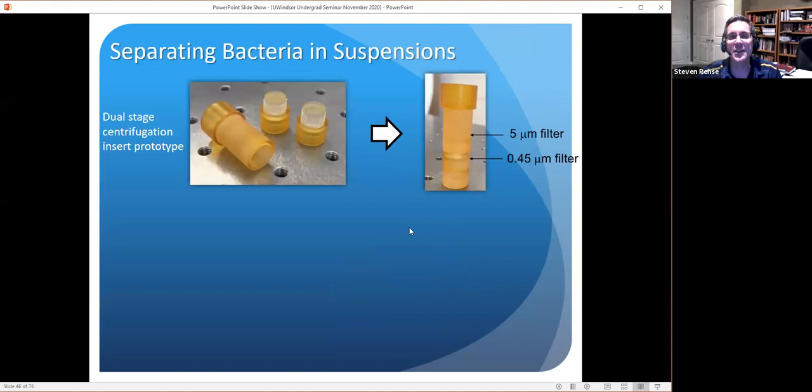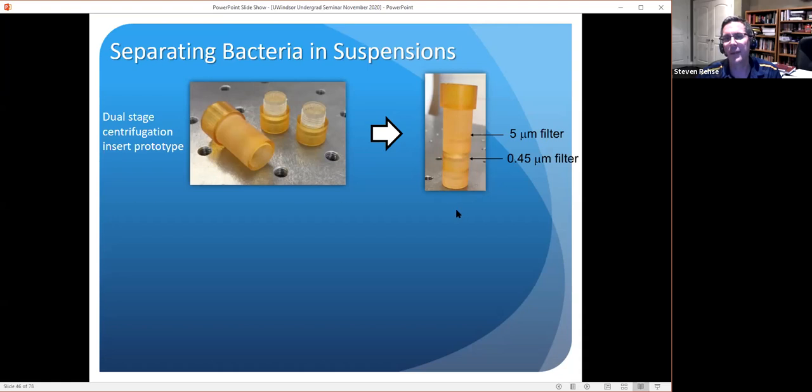We came up with another idea that we're trying to start doing blood studies, which is if we built this thing. So again, this is the first graduate student's idea. This is brilliant. If one piece can screw into it, why not have a second piece which screws into that? And then we put 2 filters of different sizes in there. This is a 5 micron pore size filter. This is a 0.45 micron pore size filter. So we put a bunch of stuff up top. The big stuff will get caught on that first filter. The small stuff will go through, get caught on the lower filter, and then just the water or liquid goes